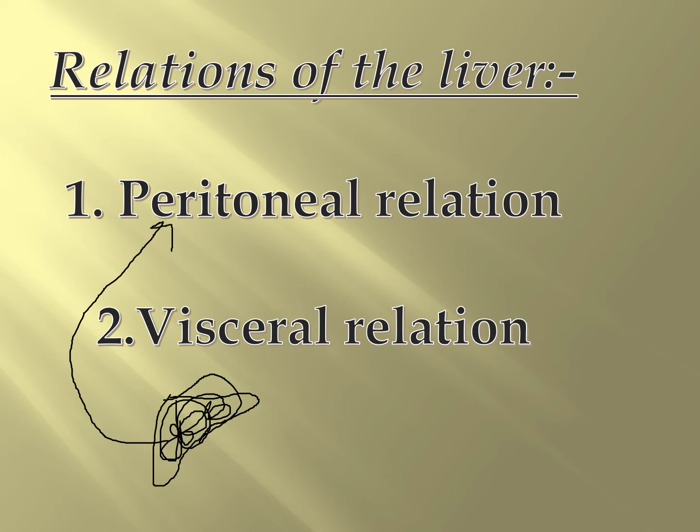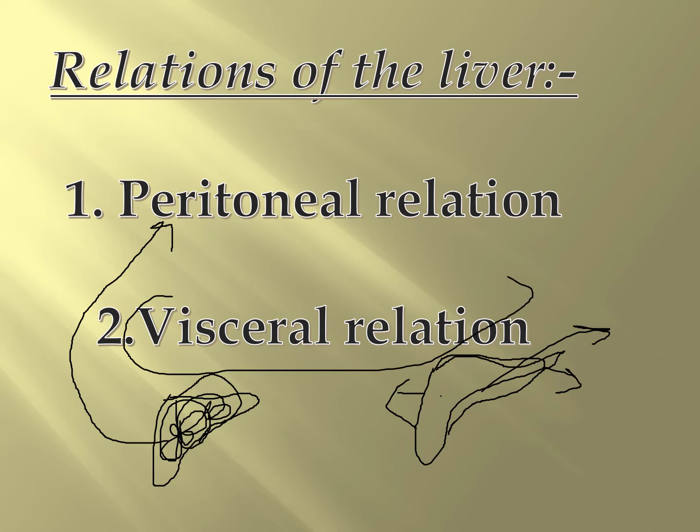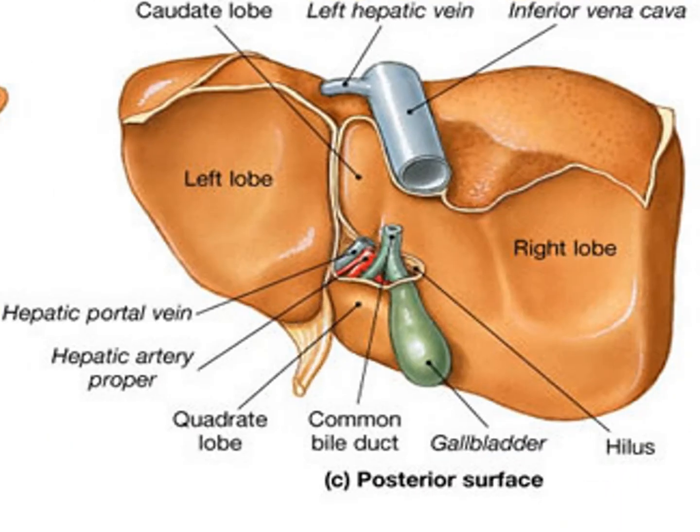And what does visceral relation mean? If this is a liver, or this is a hypothetical diagram, which viscera is in front of the liver, which is behind the liver, and which is at the sides? What are the structures present in front of the liver, behind the liver, and at the side? That is the visceral relation, with respect to the other viscera. And peritoneal relation means the covering of the liver. So let us see